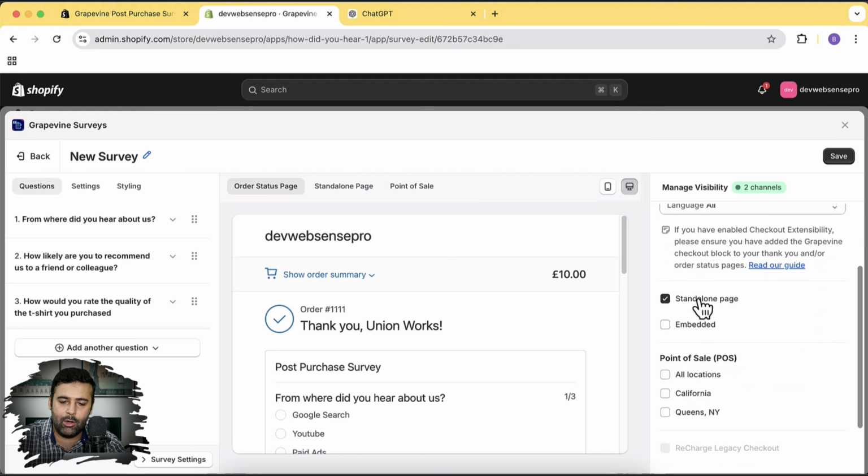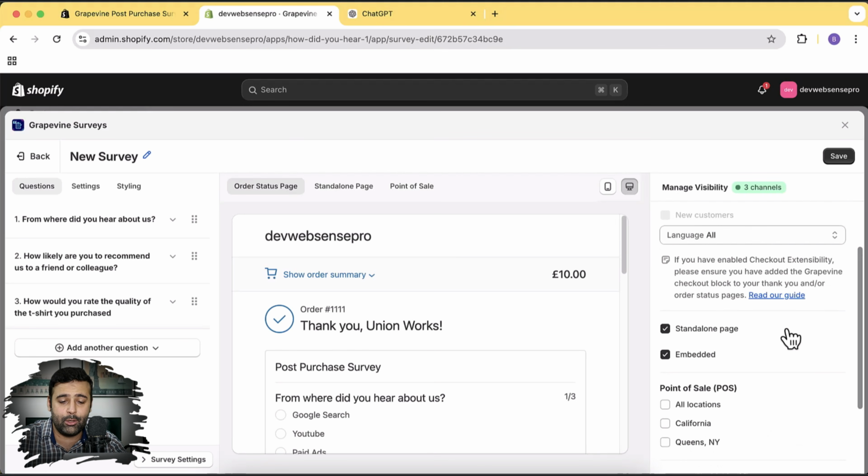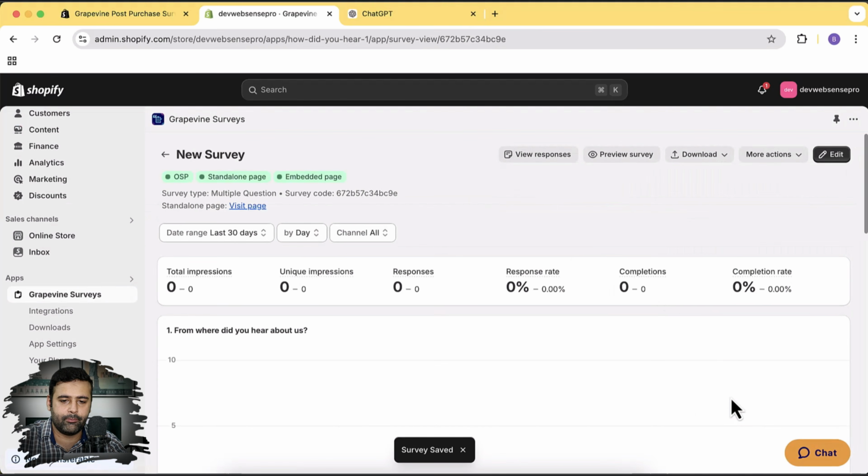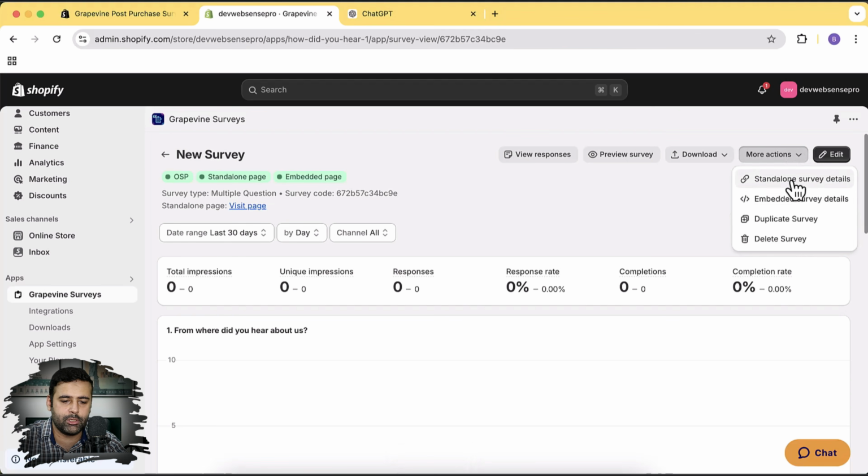Now let's enable the standalone page and let's enable embedded as well. Embedded means that we can add the code provided by this app, and we can add a survey to any external website as well. If you have any other website hosted or any HTML website, you can embed it on it as well. Now click on save. And now I'm going to close this pop-up here. Now when I click on more actions, we have this option of standalone survey details, embedded survey details, and here we have the standalone page created. So let's click on visit page,